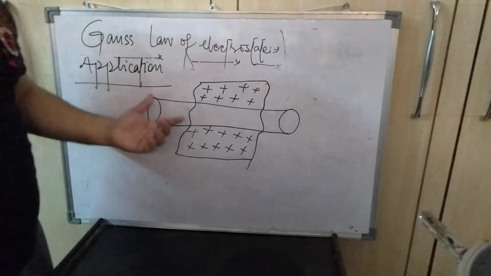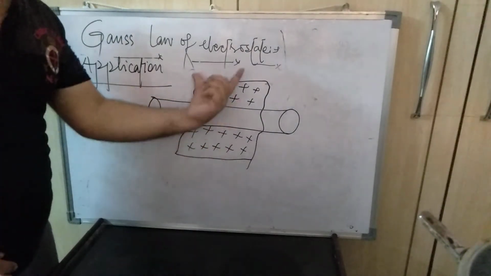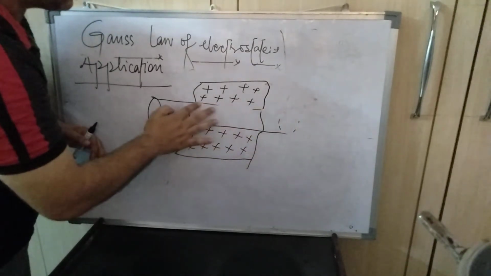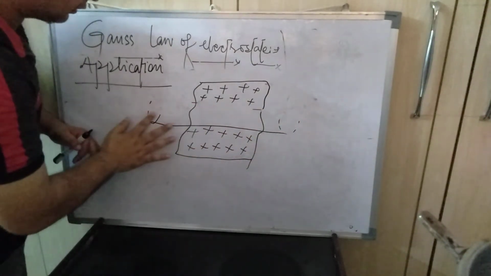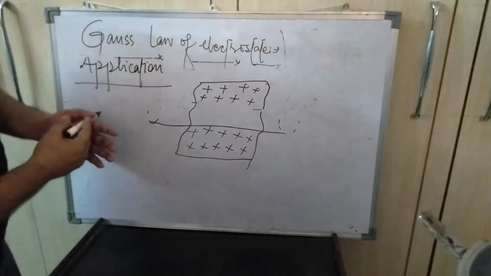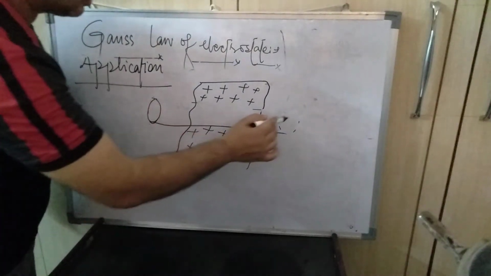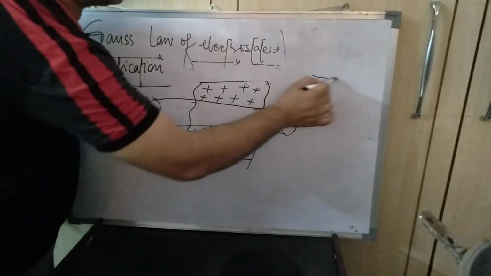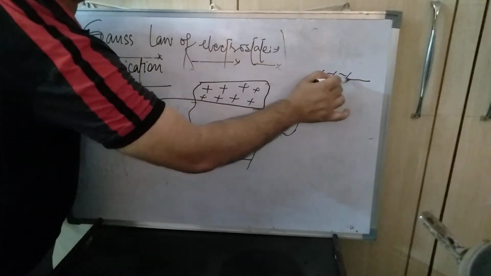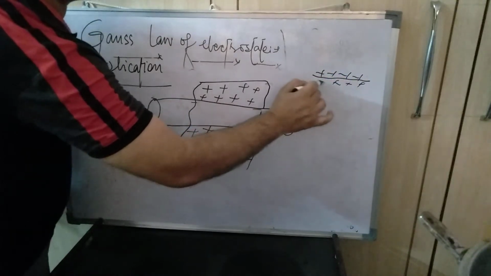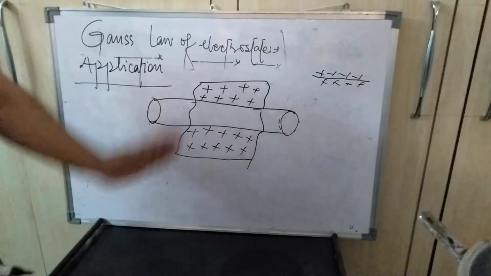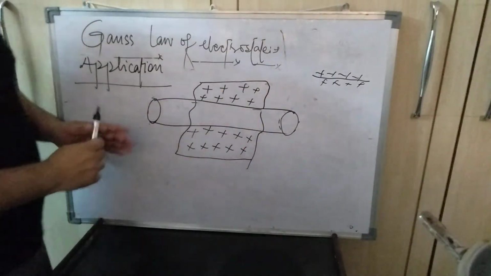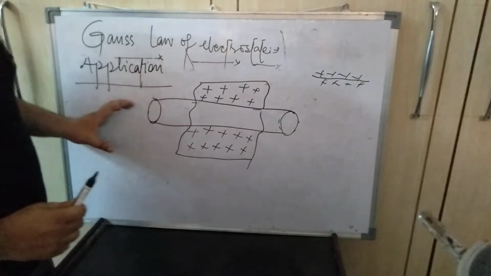Why will it be cylindrical? Because it is not a line, it is a plane. That's why we cannot consider only a single line here. We cannot reside it on a single line. We have to consider a cylinder in that case. If it is only a single line, then this type of surface may be considered linear. But if it is planar, then its Gaussian surface should be cylindrical.